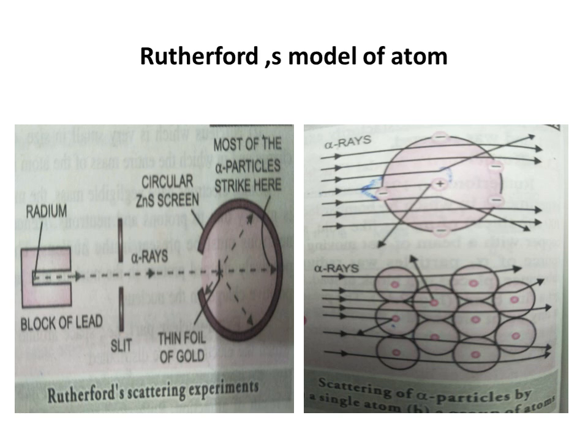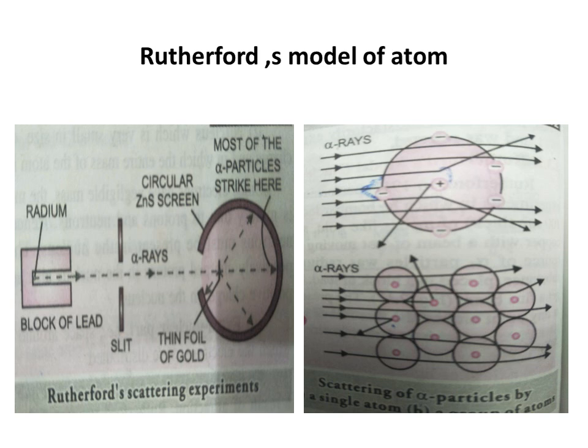Rutherford's model of atom. It is also called discovery of nucleus. Rutherford performed some scattering experiments in which he bombarded thin foils of metals like gold, silver, platinum or copper with a beam of fast moving alpha particles. The source of alpha particles was radium, a radioactive substance placed in a block of lead. Slits were used to get a fine beam.